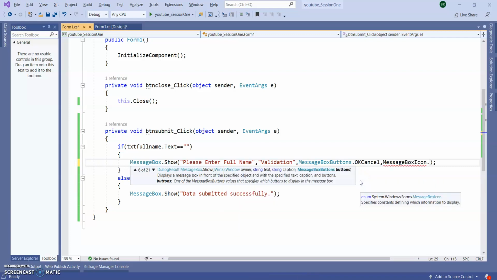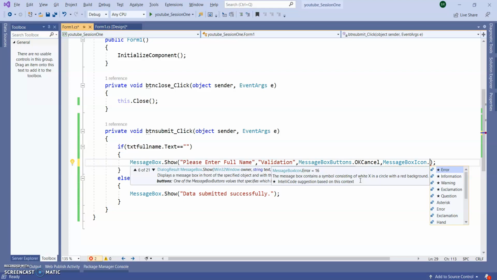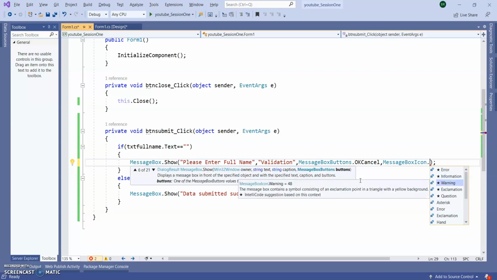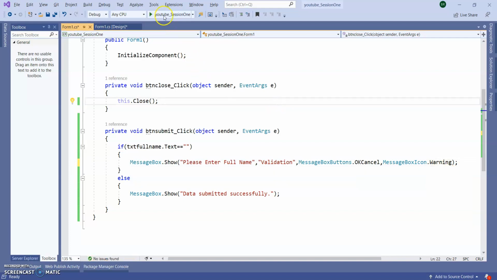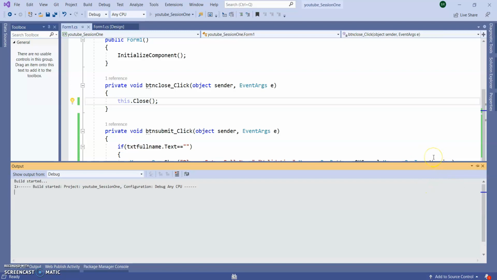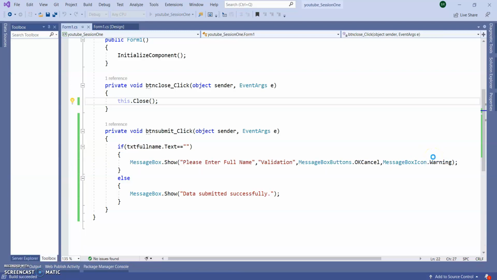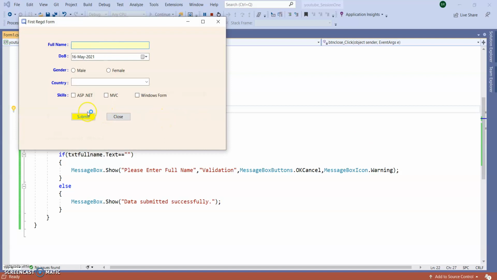Message box icon dot. So I'm giving warning, exclamation, question, error. So I'm giving warning. Let's run the application and see how this message box warning is coming. So you can see this icon is coming here, warning icon.